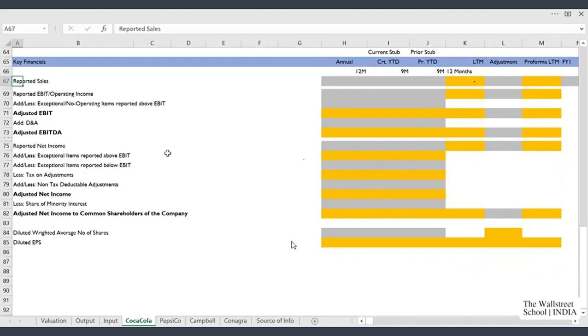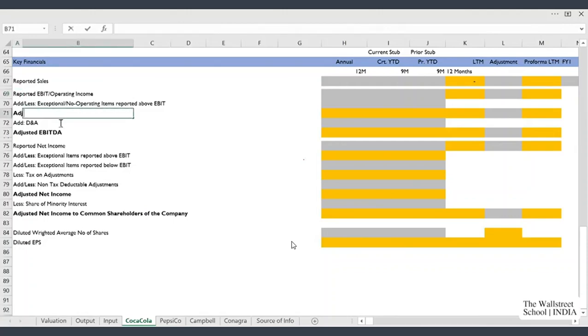Now friends, let's understand each and every component of this key financials table. In this table, my first number is reported sales. Here, reported means the way company has reported these numbers in its financial statement. So we have to first provide sales of the company, which comes at the top of the income statement. Then we have to punch in reported EBIT or operating income of the company.